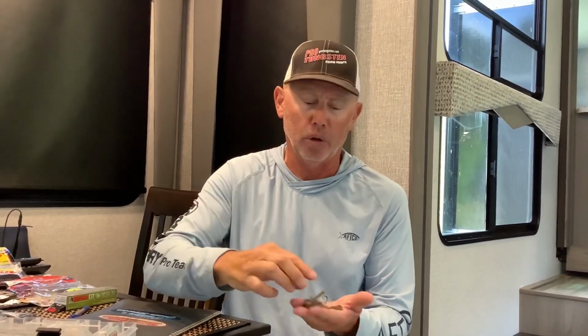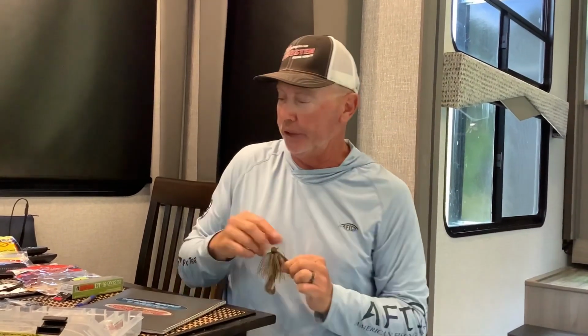A lot of times when fish hit that jig on them ledges, it's while it's falling, and also while you're going along the bottom. So my number 2 pick is, of course, going to be the football jig, you guys. All right, my 3rd pick is another real good bait. It's going to be fishing a big worm, and I've got all kinds of fish on this, and I use